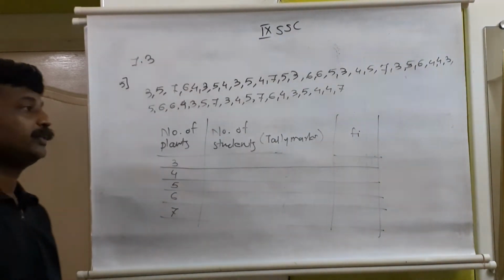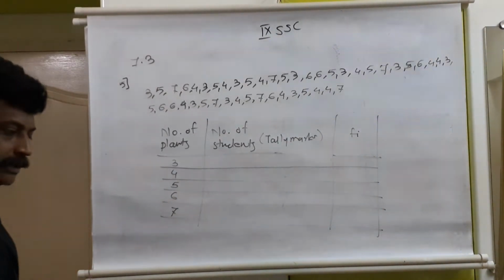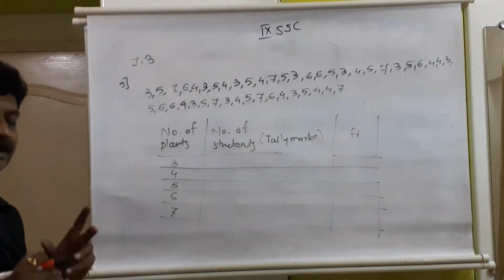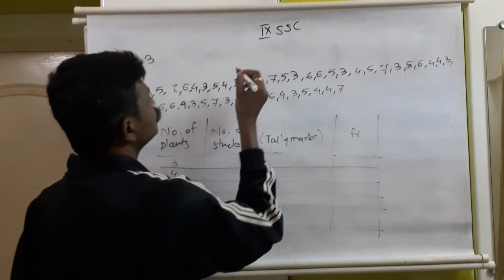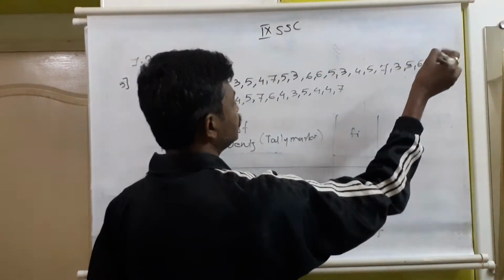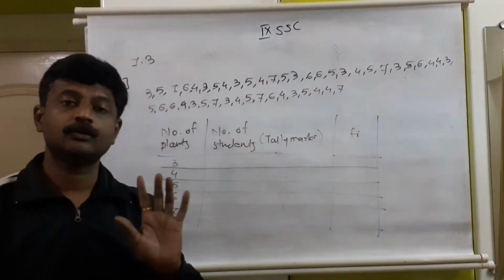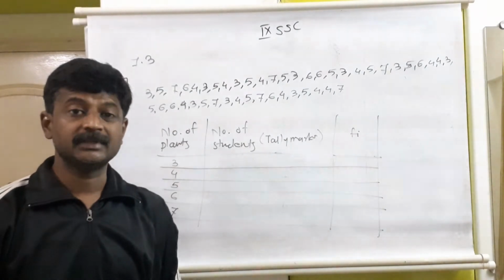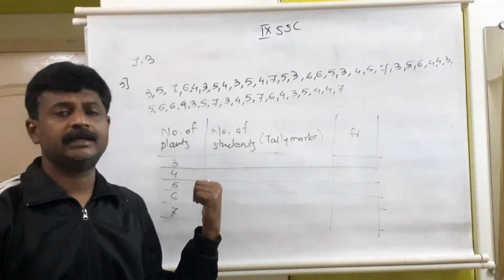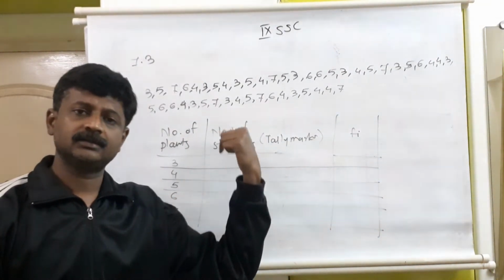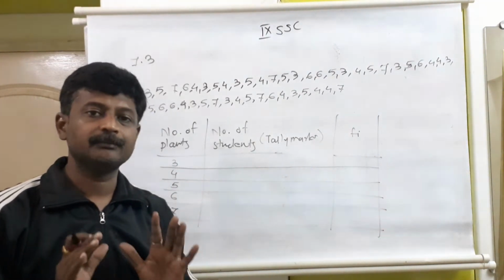Now while solving this, what is the wrong method? First I will explain to you. Maximum students try it that way as they are habitual. 3, how many times is 3 there? 1 2 3 4 5 6 7. Then they will mark it and write it, but that is exactly the wrong method. What is the correct method? Go one by one. Whatever number is available, one tally mark, then second tally mark, third tally mark. That is the mathematically correct method, and follow that method only.